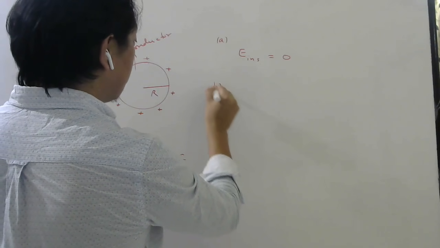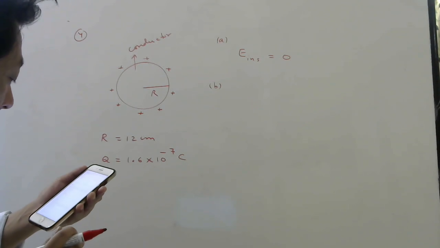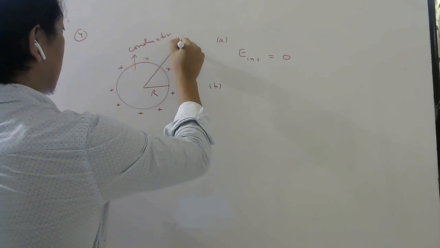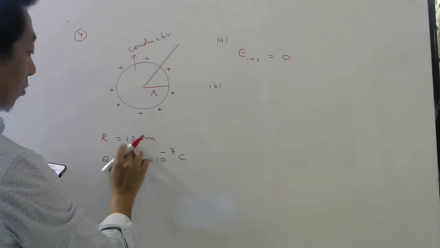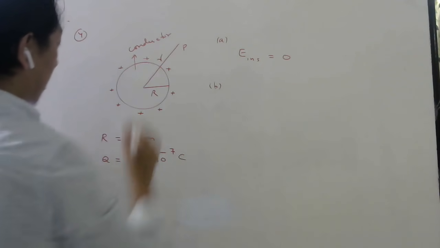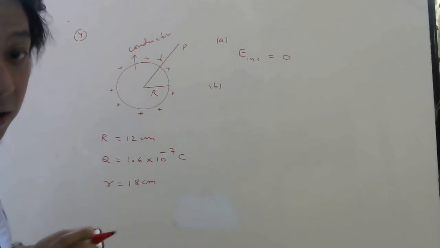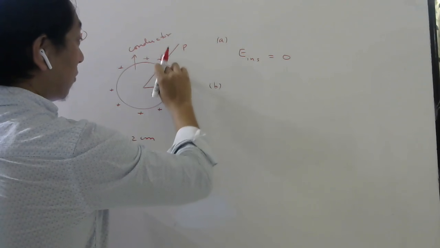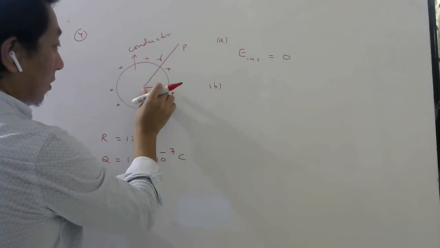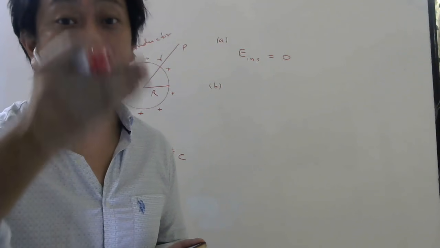We already know. Part B is at a point 18 centimeter from the center of the sphere. So from the center, 18 means outside. The radius is 12. That point is 18 centimeters. So let us call this small r, and small r is 18 centimeters. Students, sometimes I have seen they will give you the distance of that point from the surface. So if this 18 was from the surface, you have to add 12 to find small r. Because small r we have used from the center to the observation point.